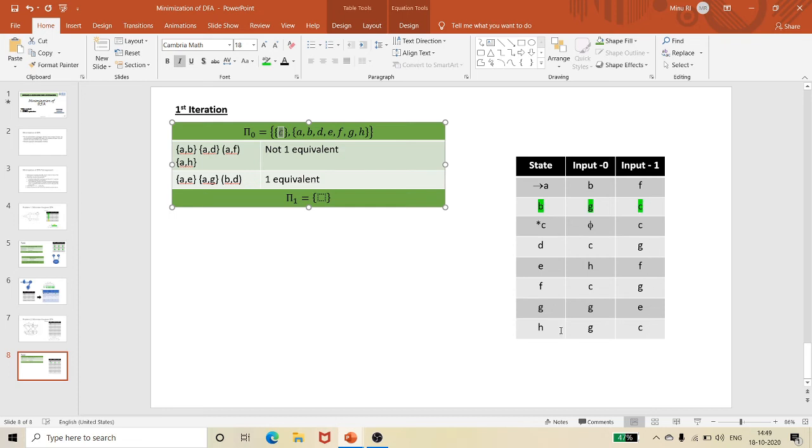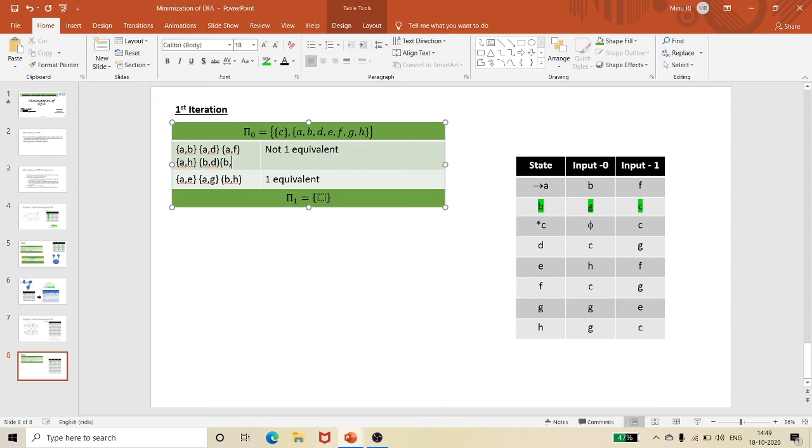So obviously B and H will be equivalent, others will not be equivalent. You can directly return that B with H is going to be equivalent. Other than that, nothing is going to be equivalent. B with D is not going to be equivalent. Likewise, B with E won't be equivalent.